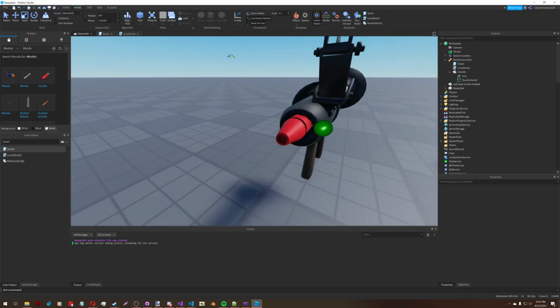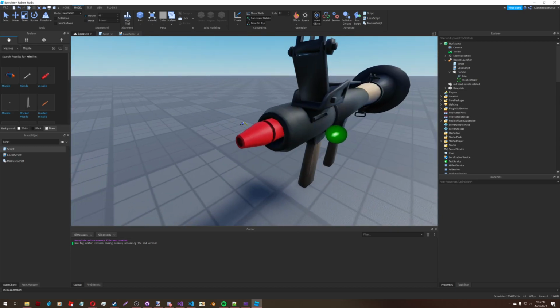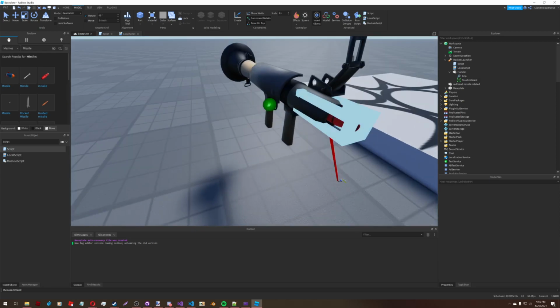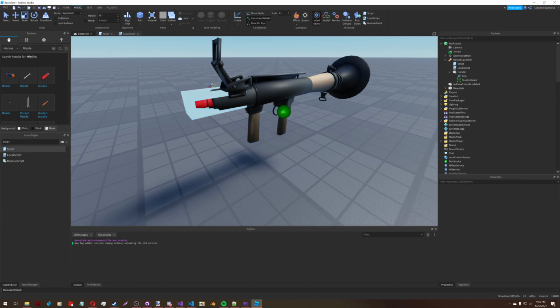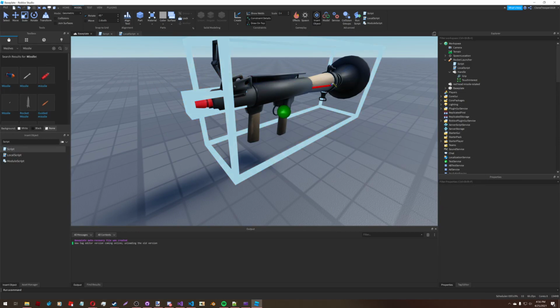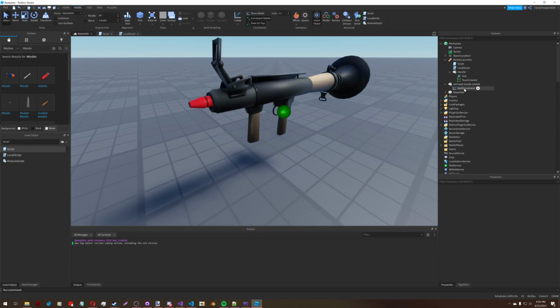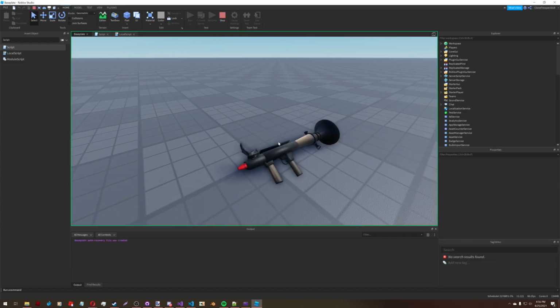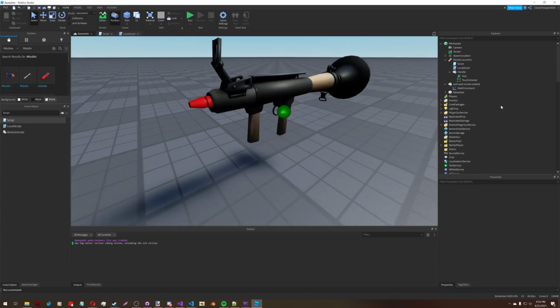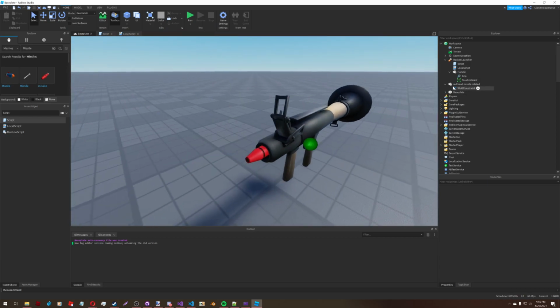Once you do this, you should see your cursor has changed. We're going to click on the missile, and then you'll see there's a red line connecting it, and it's looking for another part to connect it to. We'll click on the rocket launcher, and then you'll see that a weld constraint has appeared. The part 0 property is set to the missile, the part 1 property is set to the handle. Now, if I hit run again, they should stay connected together. Yep, perfect. So I'm going to name this part missile,